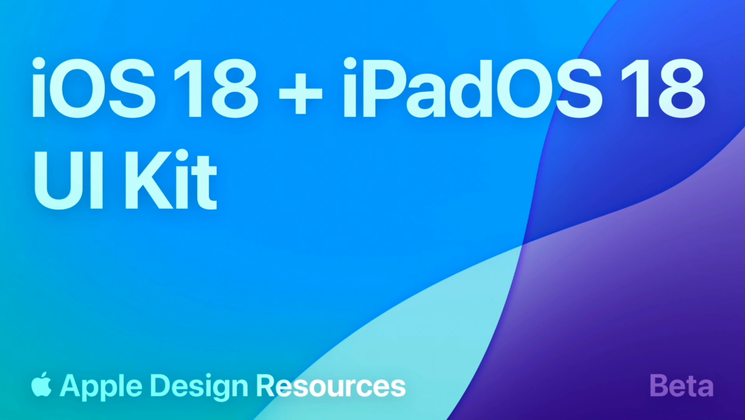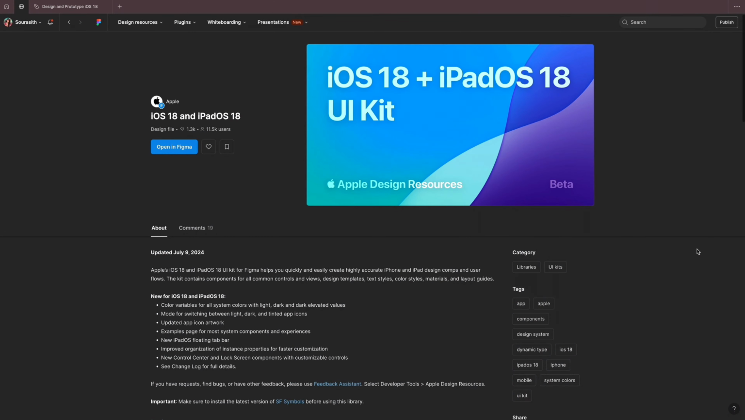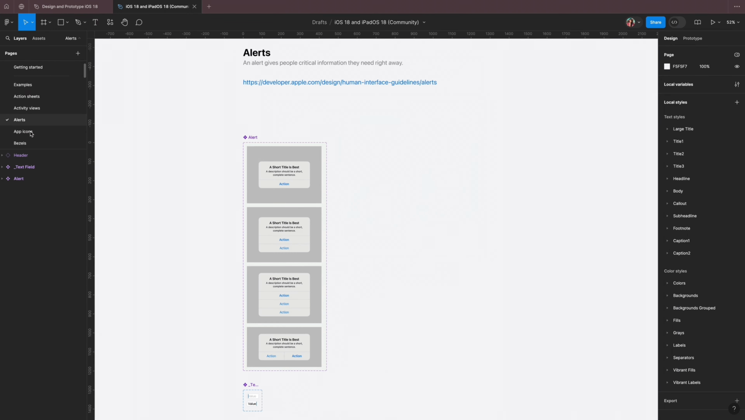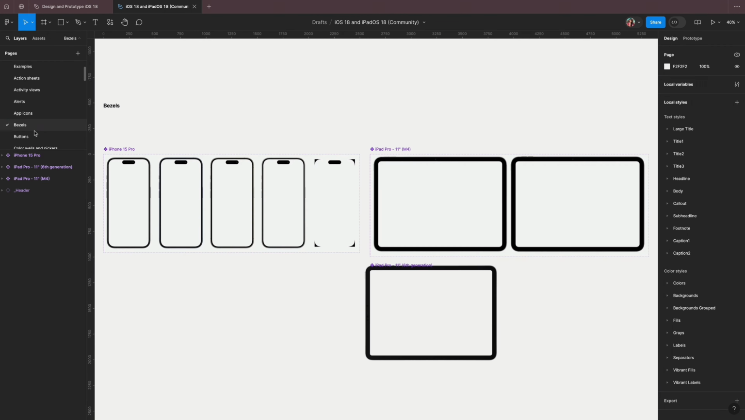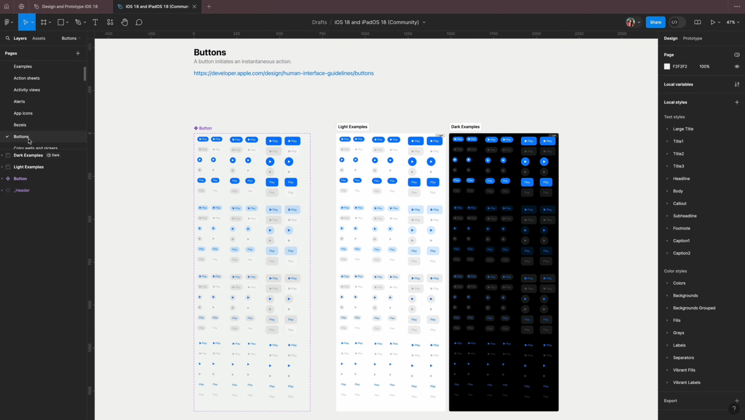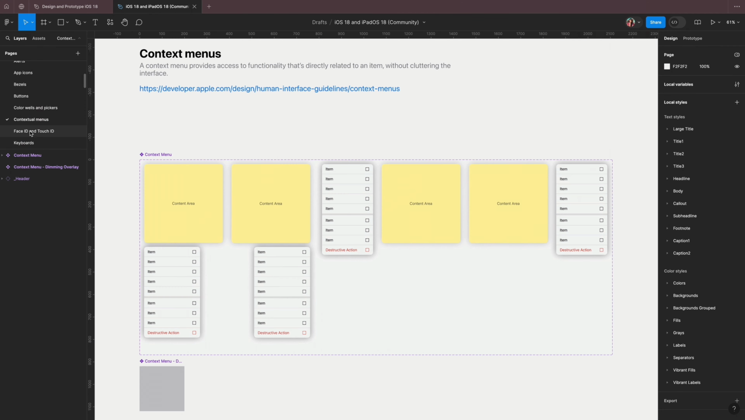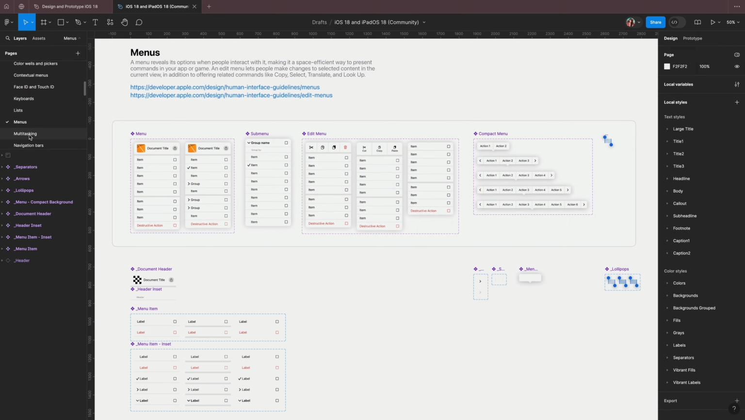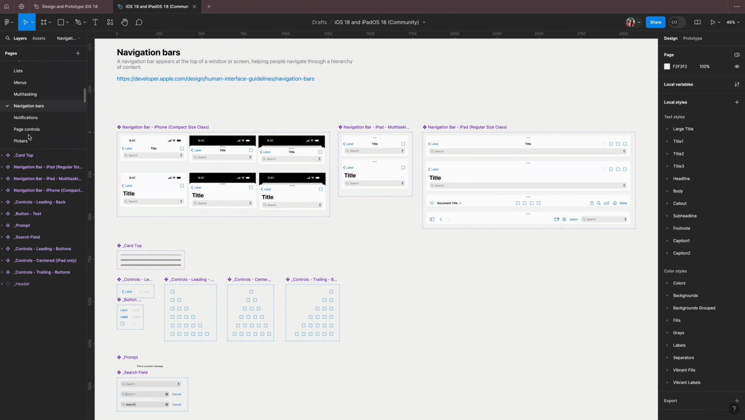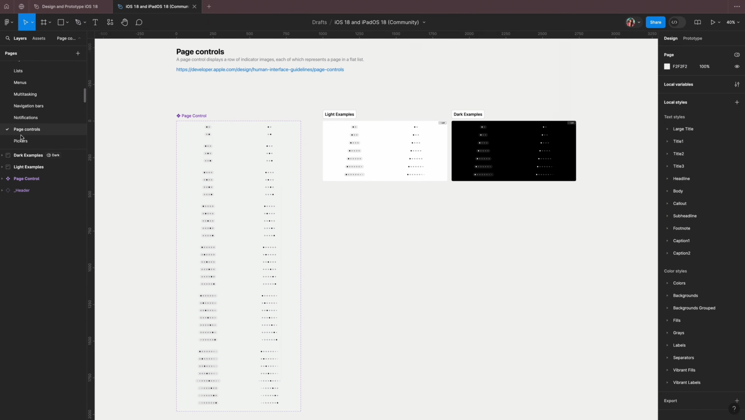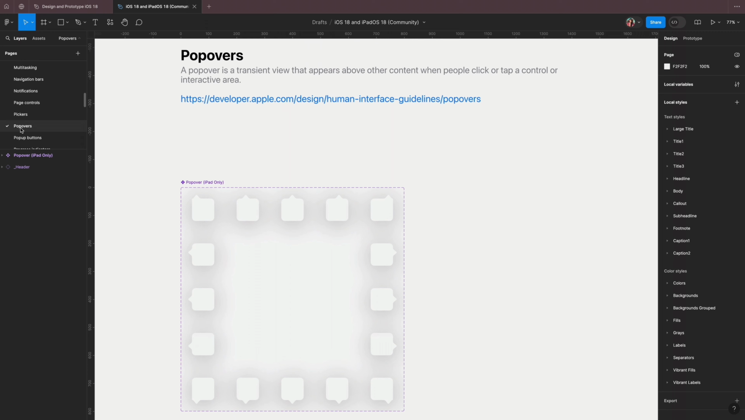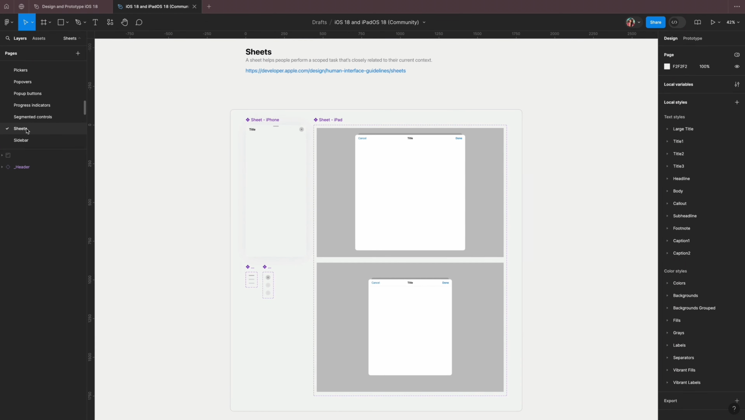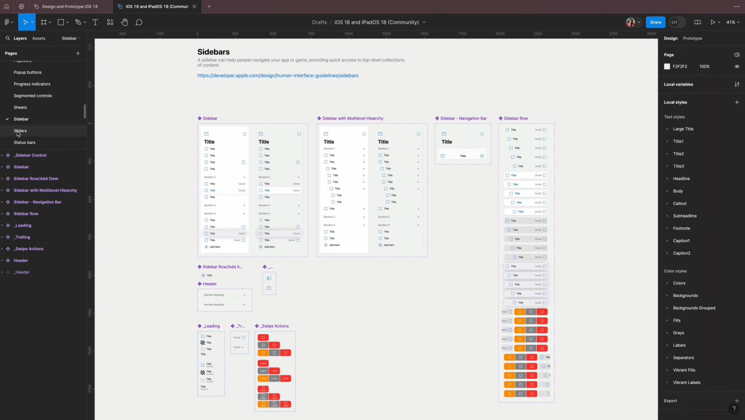Apple's iOS 18 and iPadOS 18 UI kit helps you quickly create accurate iPhone and iPad designs. It includes components for common controls, design templates, text styles, color styles, materials, and layout guides. New features include color variables for system colors, modes for switching between app icon styles, updated app icon artwork, an examples page, a new iPadOS floating tab bar, improved instance properties for customization, and new control center and lock screen